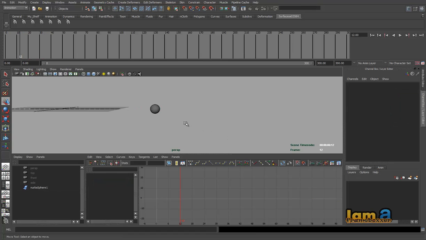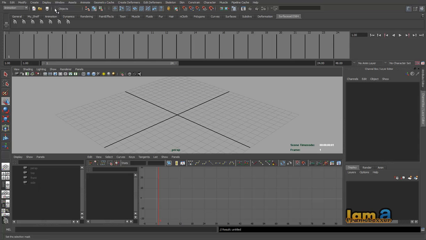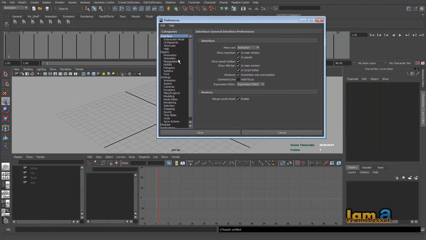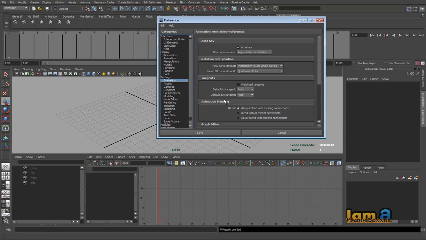Also, we'll talk about the tangents now. So let's go and identify the tangents. See, the number one place for tangents is window settings and preferences here. So in this particular area, you can go into animation and you see the default in tangent and out tangent here. So default in tangent is auto and out tangent is also auto. This is one of the best options, and we prefer to leave it default most of the time, because it calculates the natural ease in ease out for any animation that you do. But apart from that, you also have other tangents that are available here too again.